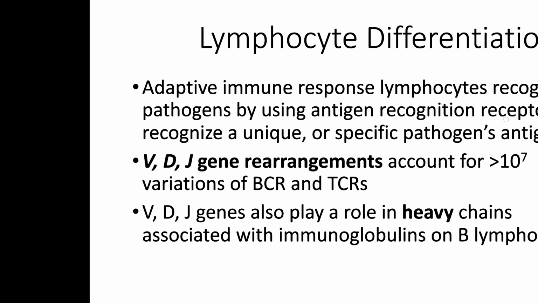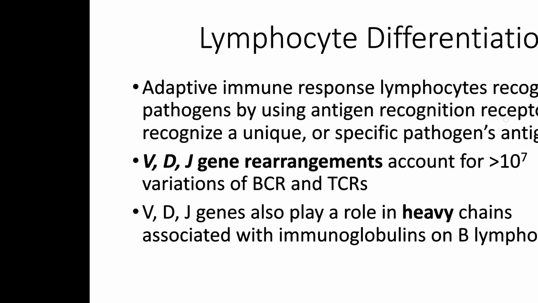Lymphocyte development. This starts with your V, D, and J gene arrangements. Lymphocytes have to be able to recognize, through recognition receptors, that specific or unique pathogen's antigen. In order to account for the near infinite amount of pathogens that we can encounter in the world, we